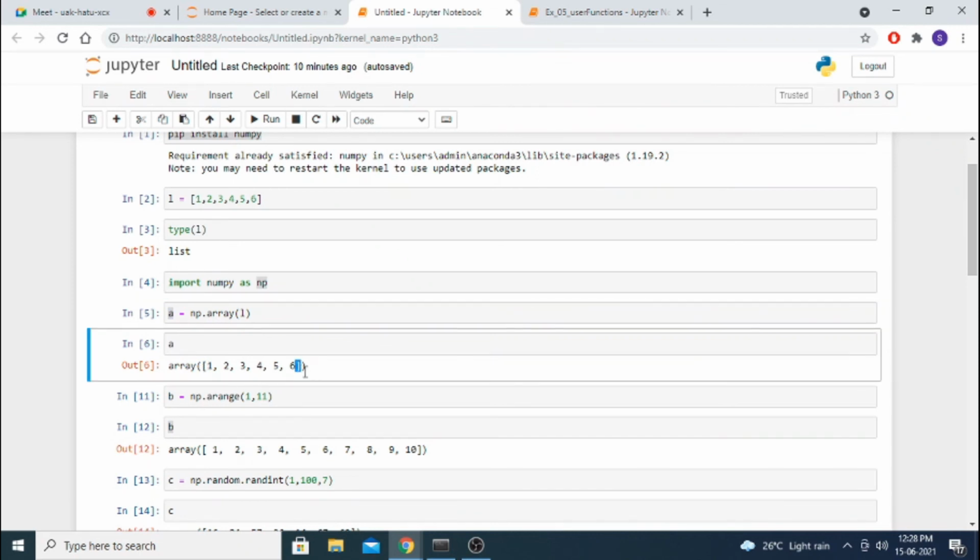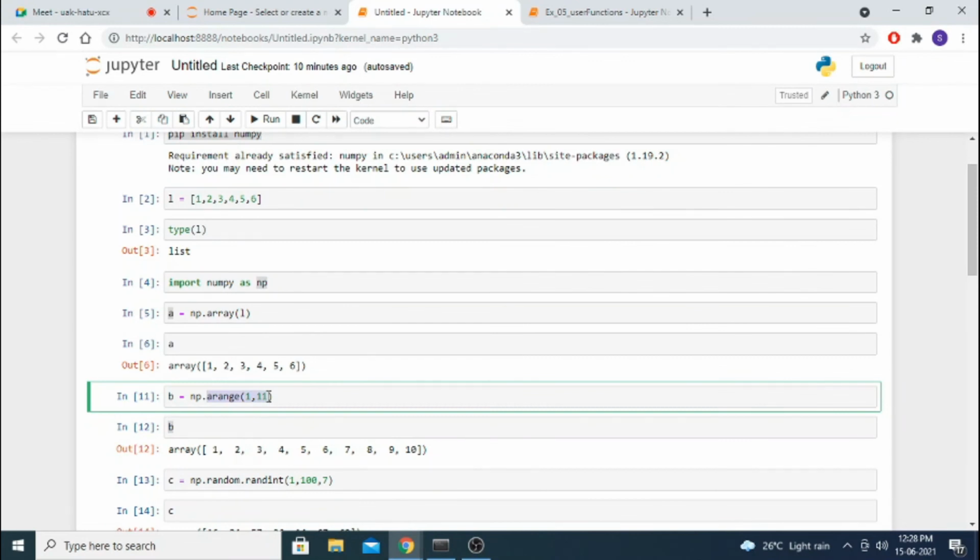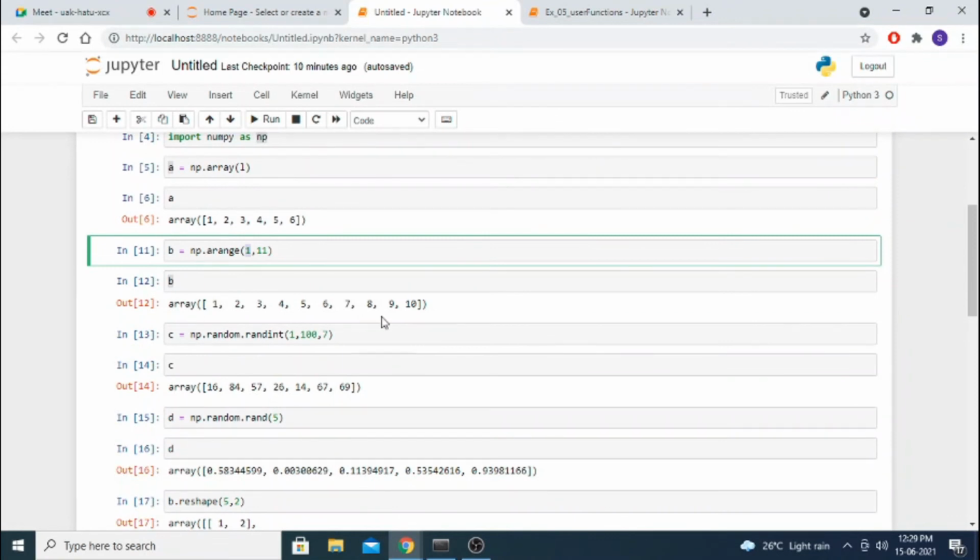You are having two square brackets, it is called the 2-dimensional array. NumPy arange: if we want to create a sequence of numbers with an array, we can use one thing called the range function. You are already aware of it. With range, you can start with 0, or start with a middle number. The first is a small number, the second is a bigger number, so we have to give the second index greater than the first. Then we are getting the numbers.